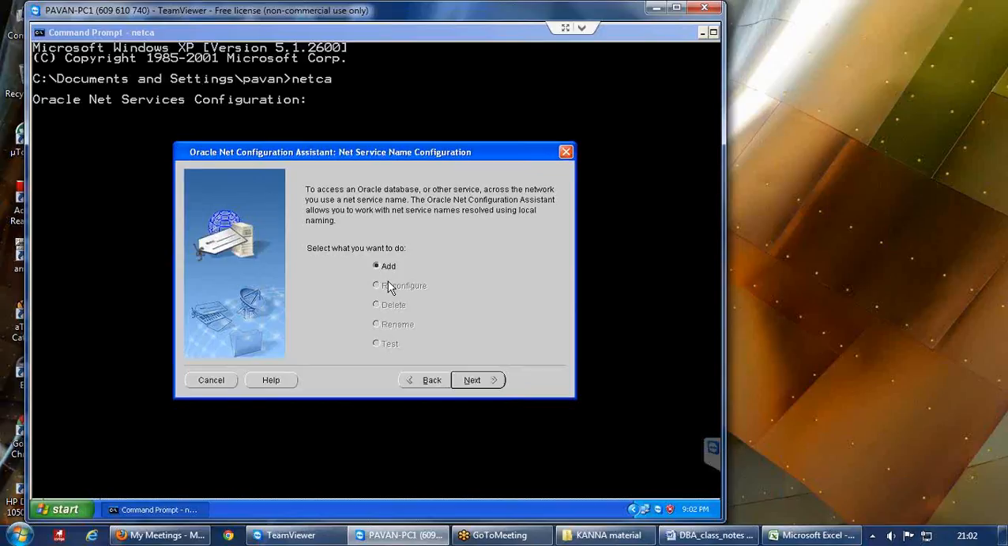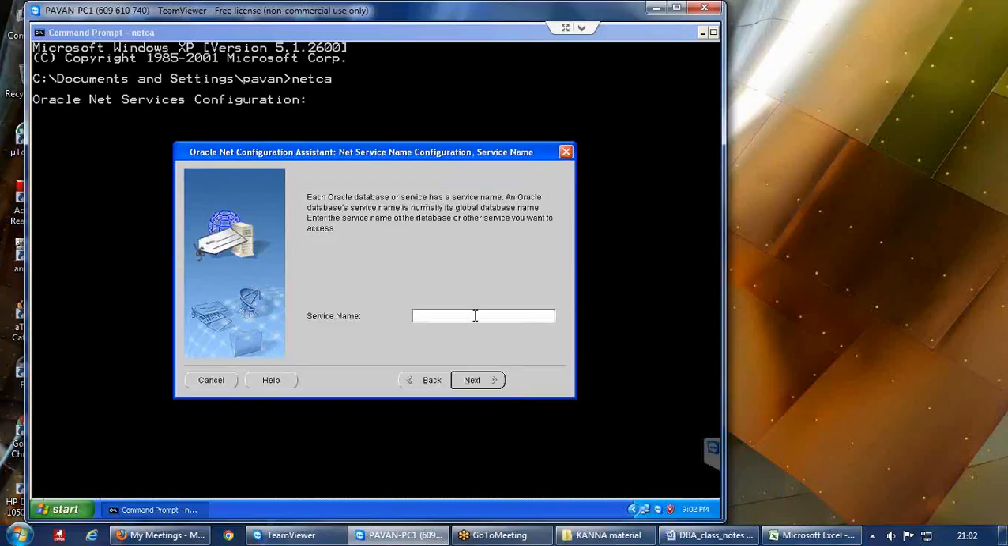Then you will see an option called Add. Click on Next. Then it will ask you for the service name. The service name will always be the instance name of your database. So if your instance name is ABC, then you need to provide ABC here. And you already know that you can have different names for your instance and database. So if your database name is XYZ and your instance name is ABC, here you should not give XYZ, but rather you should give ABC only. In my case, my database name and instance name are the same, and the name is proddb, so I am giving that proddb here,